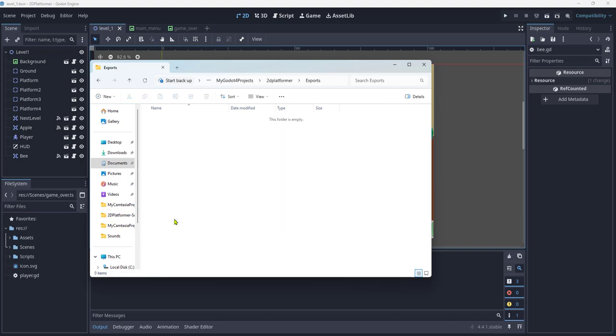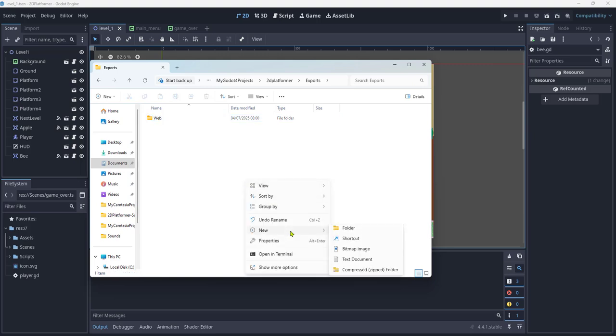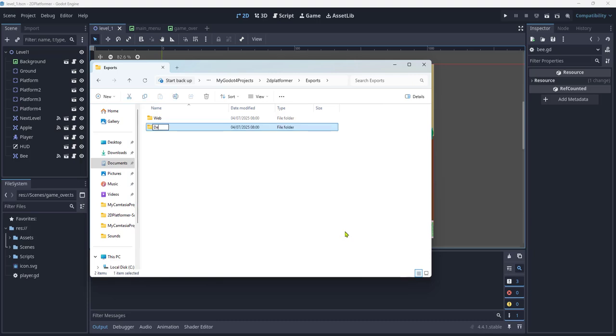Now, inside this exports folder, we're going to create two more folders. One called web, because we're going to export the web export to that particular folder, and the other folder we're going to call desktop. Now that could be called anything you want, as so can the web one, but these are the ones I use and I just like to stick to a routine that I've developed over the years. Okay, that's the preparation for the actual project